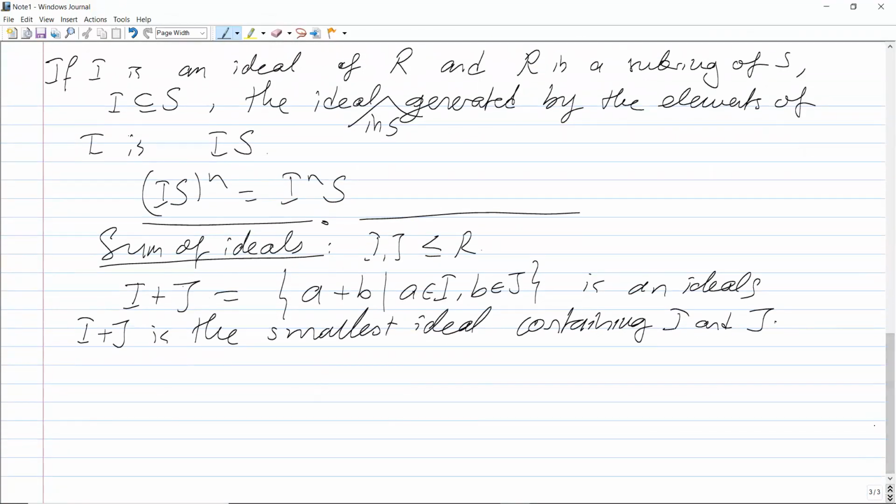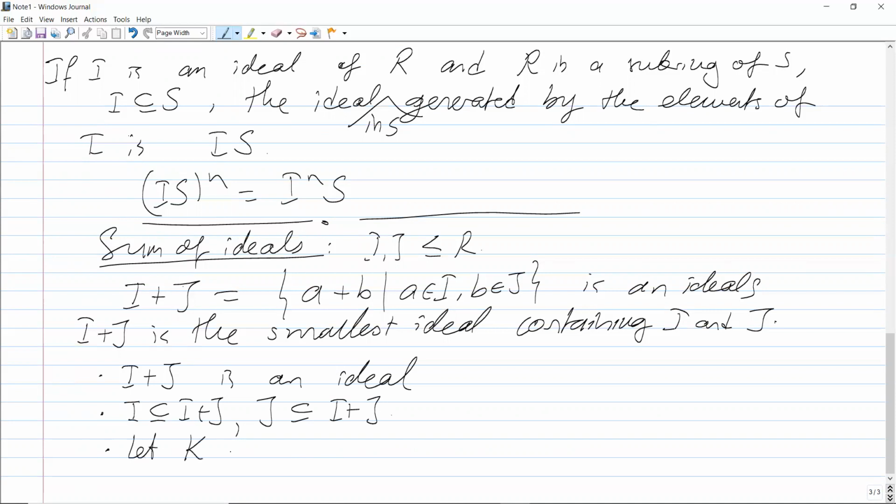So why is that? Definitely, the first thing is that you may check that I plus J is an ideal. Clearly I is in I plus J, and J is in I plus J. These are easy to show. And now let K be an ideal